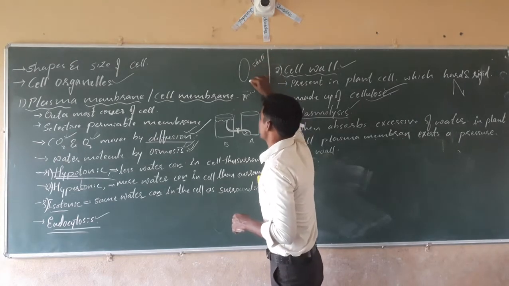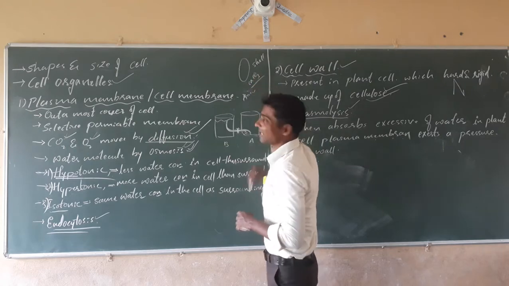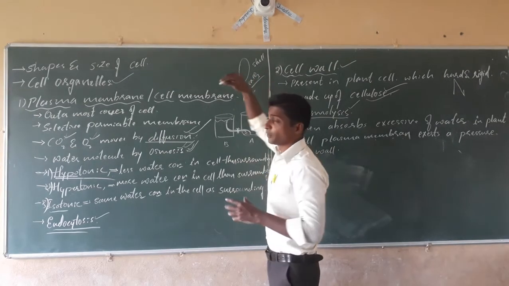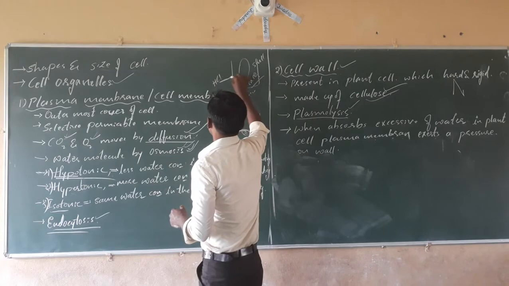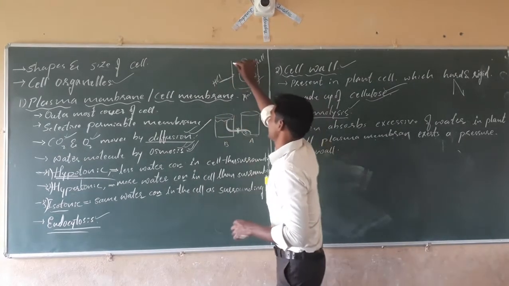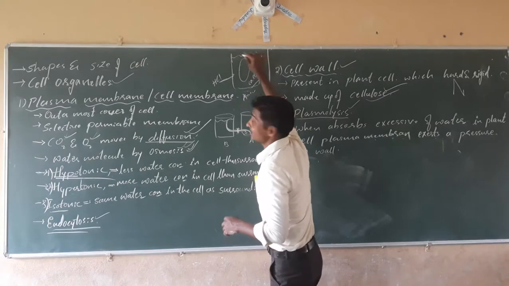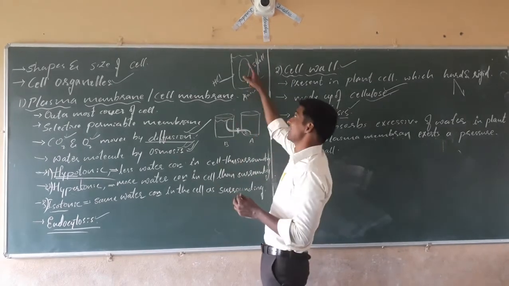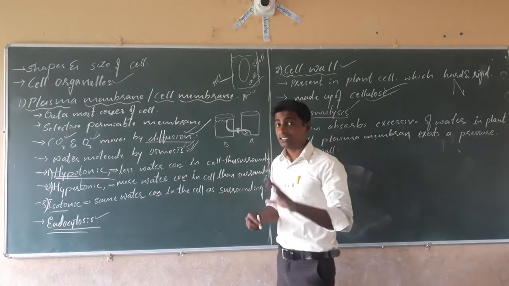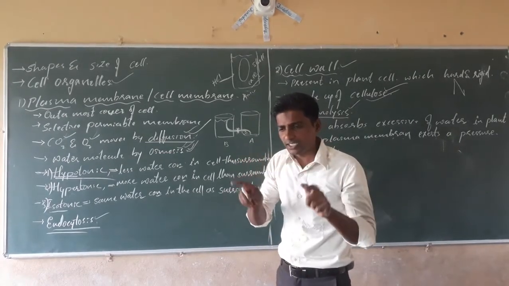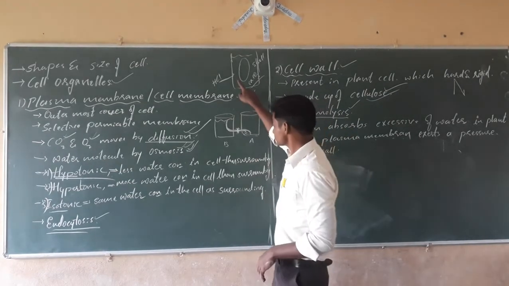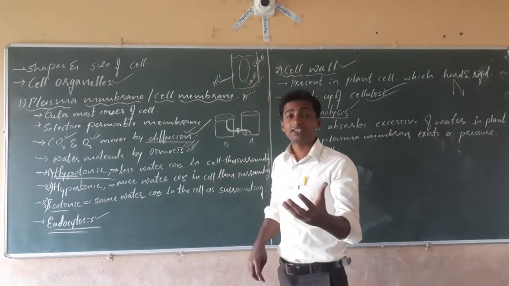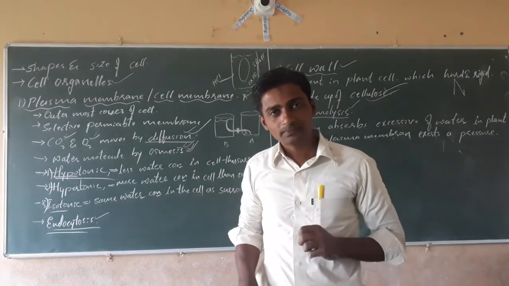That shell is made up of calcium carbonate. When we put it in hydrochloric acid, the eggshell will be dissolved. The egg will not dissolve. Only the outer cover of the egg will dissolve because it is made up of calcium carbonate. Next, you will see an egg without the shell, just like a bubble.